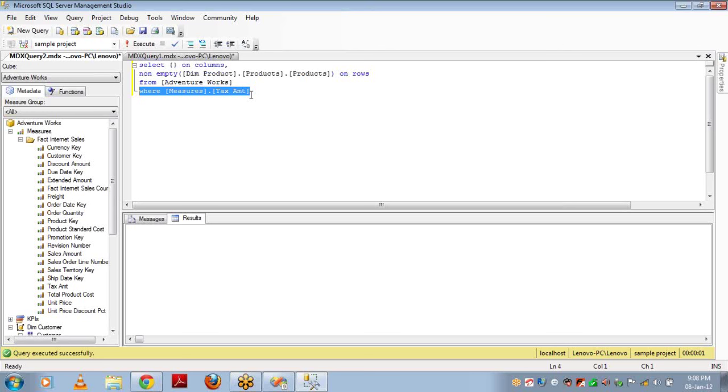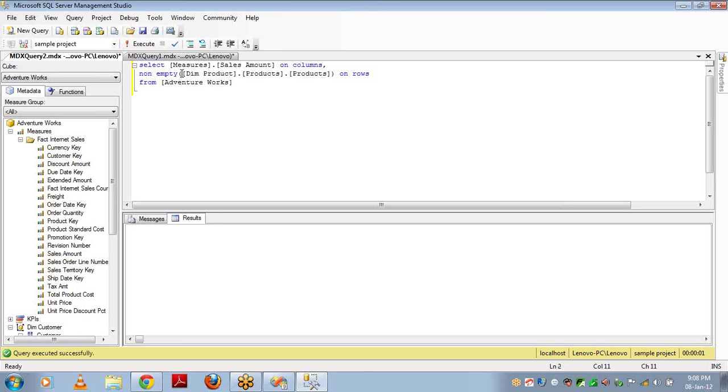Let's see how to write a filter condition, a filter function. Okay, my requirement is, as I said, that it should have the tax amount, that is tax amount is not equal to 0. In that case, instead of giving it in the where condition, let me take it into the rows using the filter option.